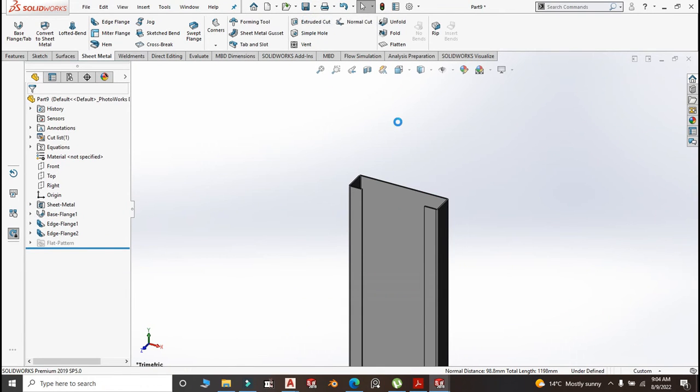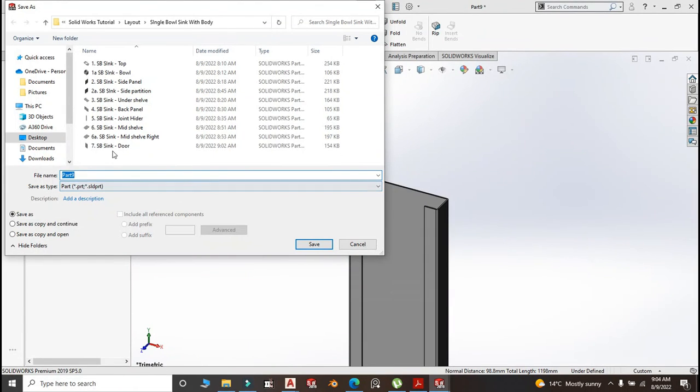Save as door backing, 7A, door backing channel. Backing, you want to give your door some strength. Okay,